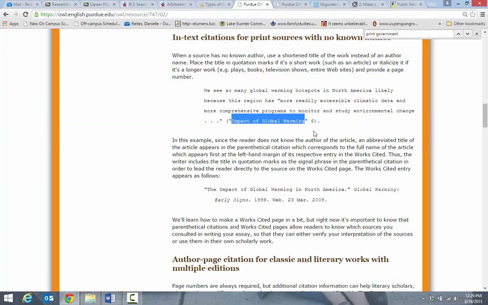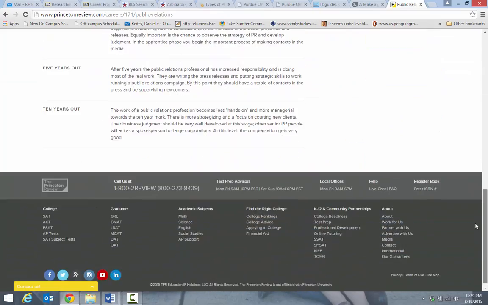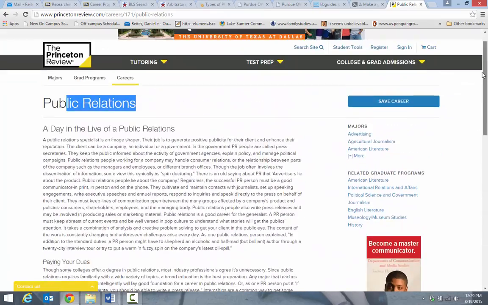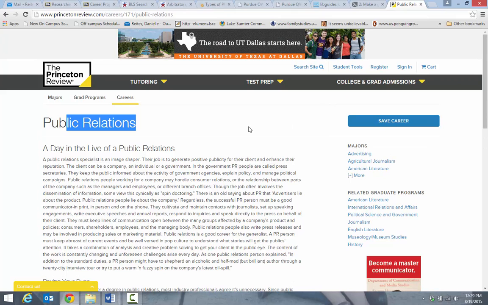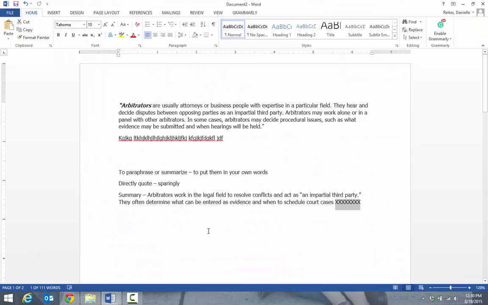And it would be in quotation marks because you put short titles of short works in quotation marks according to MLA. And we would just leave the page number off because if we go back to that page, there are no page numbers. So we wouldn't worry about that. So I know this is a lot to take in. And like I said, if we were dealing with this source and we were going back to our summary here,